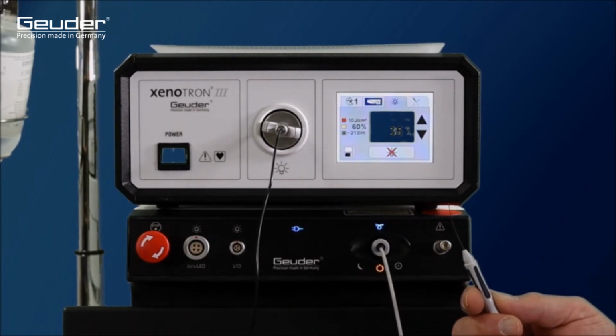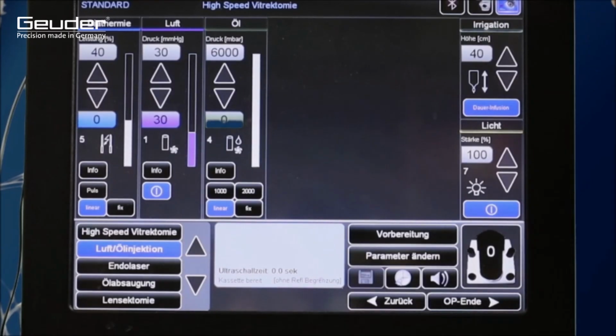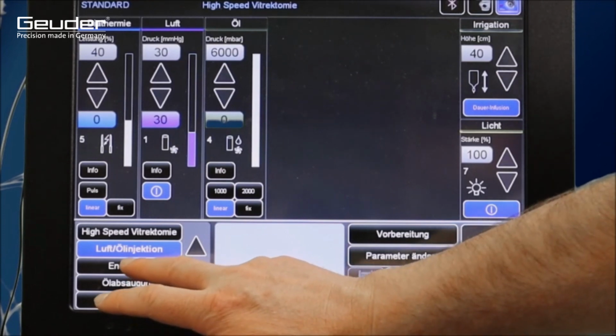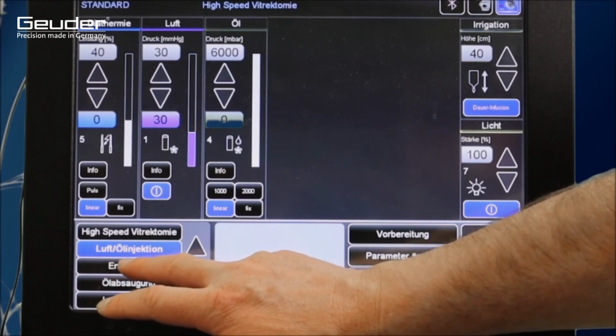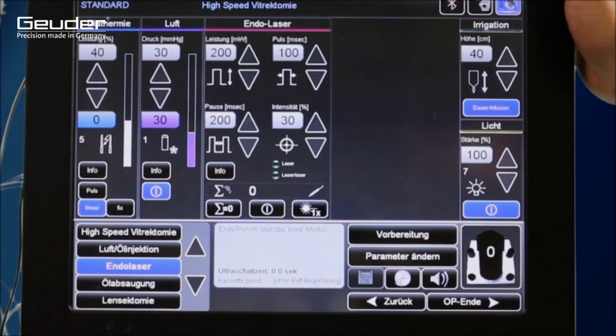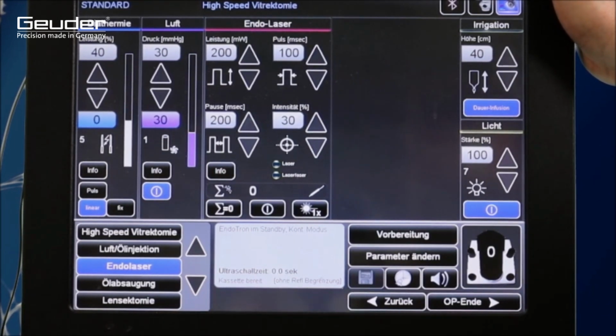The Endotron 532 is connected to the Megatron S4HPS device system via a data cable and can be operated via its GUI. In the user interface, switch to the surgical step in which the laser was programmed accordingly as a function module. When the laser is activated, an information window first appears in the S4HPS, which draws attention to the